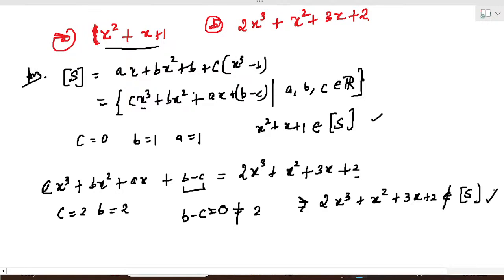Linear dependence and independence. Okay, now let us check a few questions for the linear dependence and independence. I told you yesterday